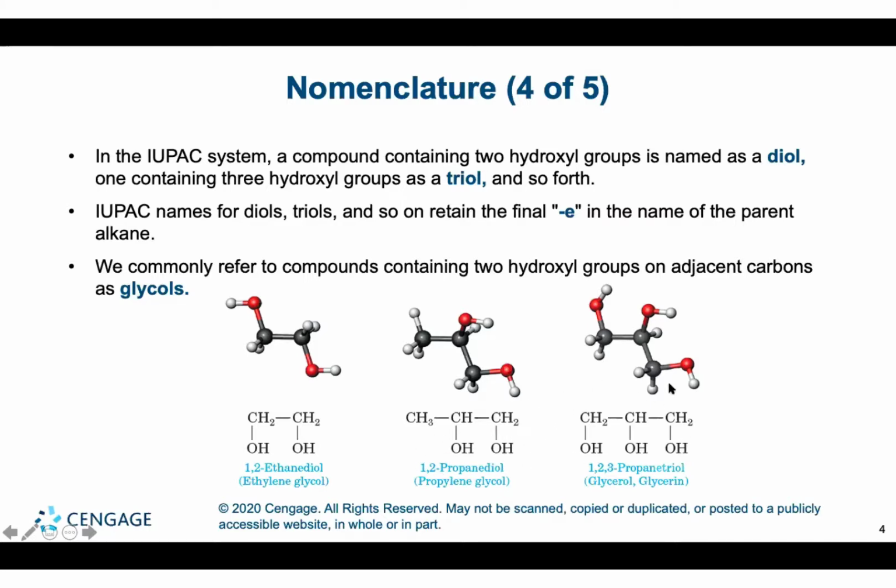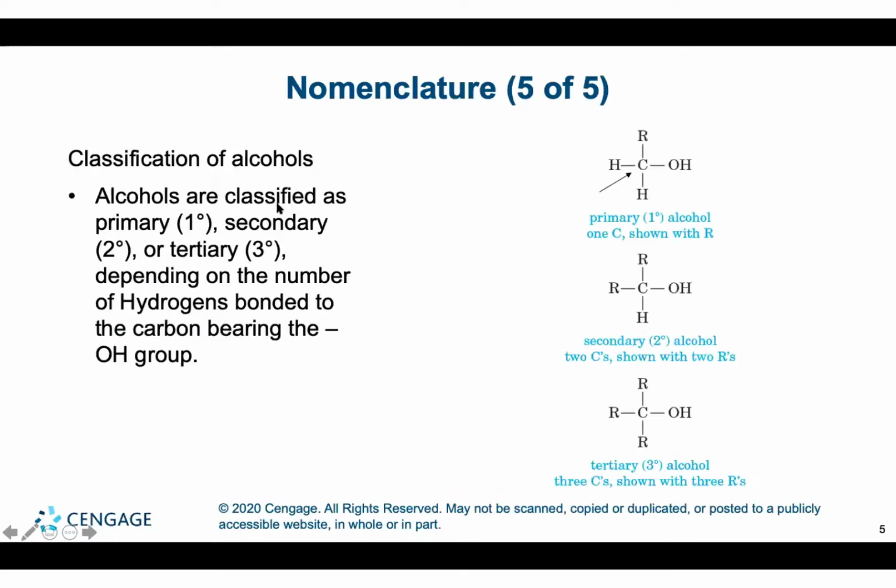Here, I should have my main group, which should have all the OH groups in it, and it doesn't matter if it starts from the left or right here, because there is no difference. So it's going to be 1,2,3-propanetriol. Alcohols are classified as primary,